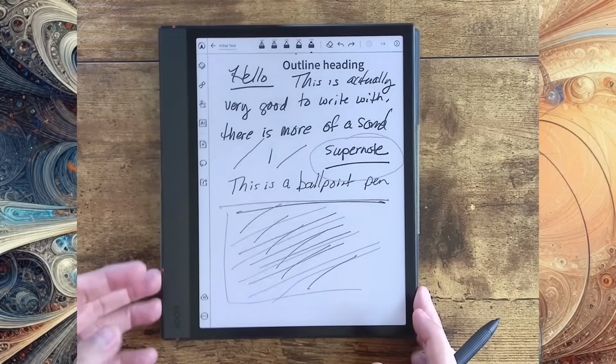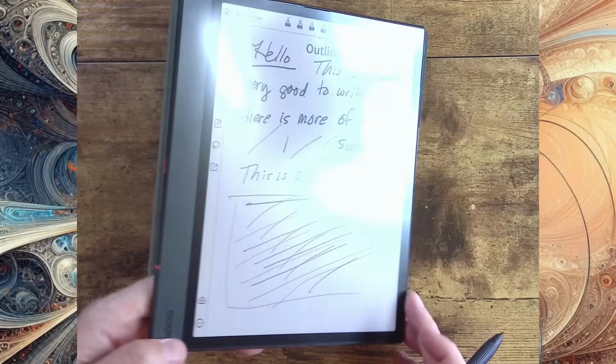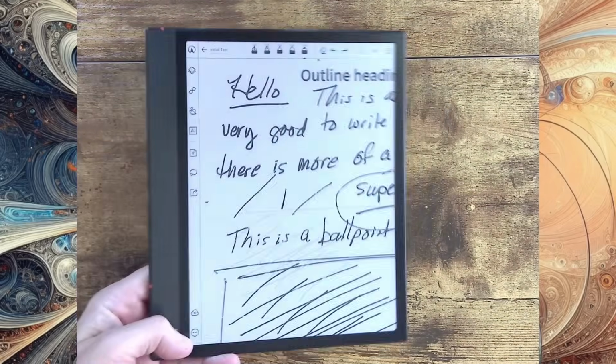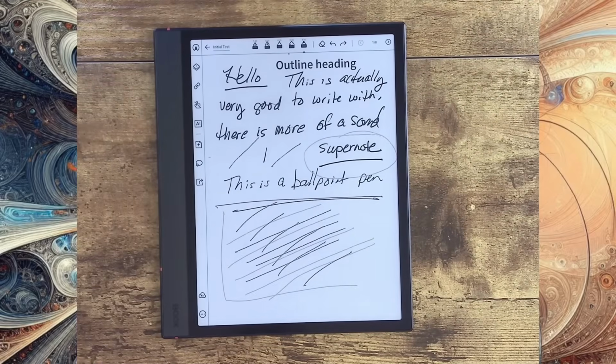And it's very distracting from trying to do what you want to do. So I tend to always take it out of the case whenever I'm using it, and then I just put it down. Now, when you take it out of the case, which is one thing that's very difficult for me to do,